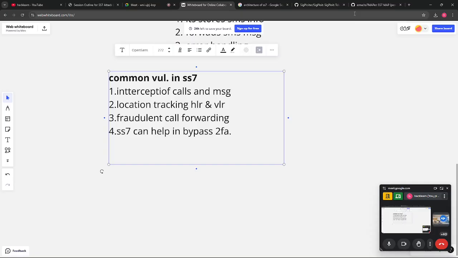I hope everyone understood: if that happens on a mass level, if any attacker finds a vulnerability in SS7, people do not have this much knowledge. If they are looking into bulk SMS and bulk bank OTP SMS, and collect the data of a large number of accounts, then a lot of mess can be created. Even social media compromise can be done using OTP interception and OTP bypass. So try to get rid of that.